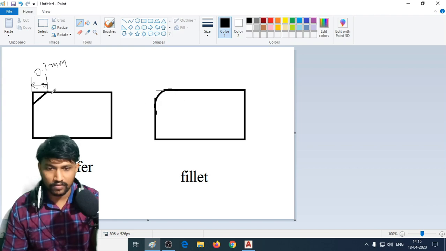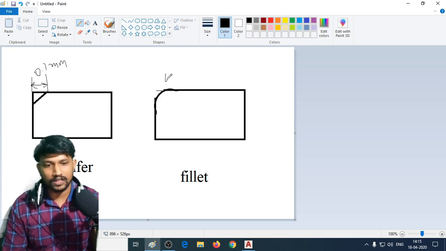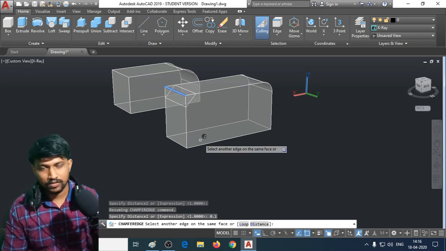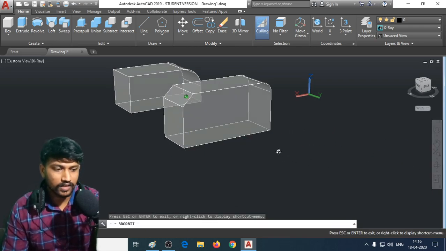Okay, that's why you need to be careful. You might think like in case of fillet I have given only one dimension, like some radius, or 0.2 mm of radius, so no need to give that again. But if you think likewise, you're wrong. So you have to be careful. You have to give two distances here. This is distance 1 and this is distance 2, d2. Now specify the second distance also. Then you have to press enter twice. So that is how you make a chamfer.